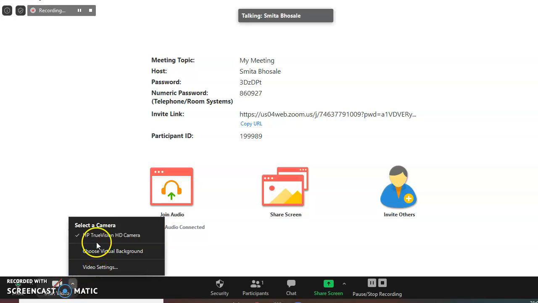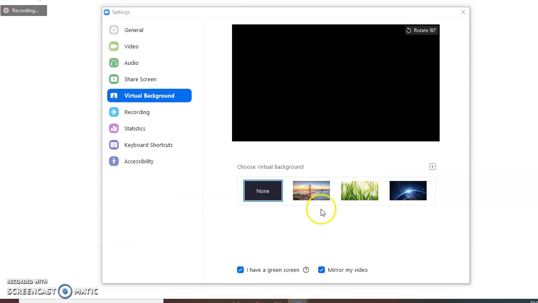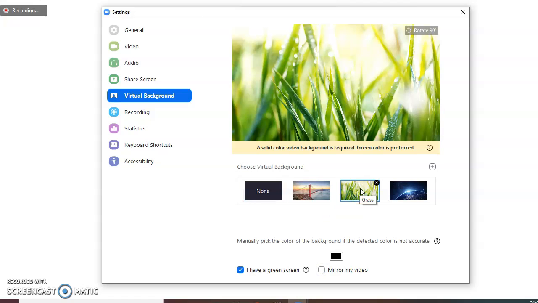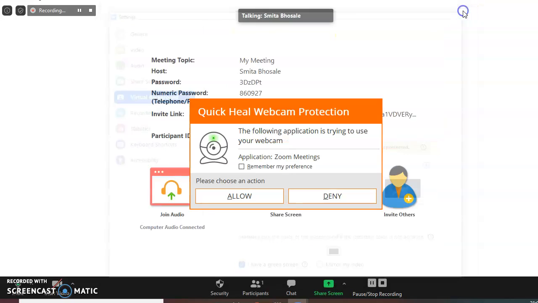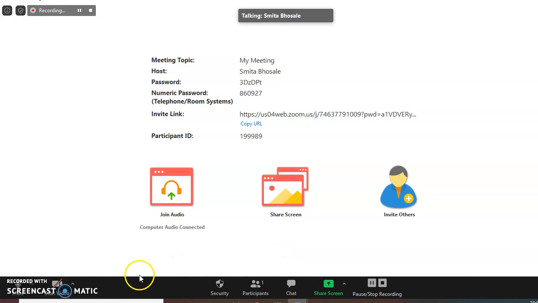Here you can select the camera, and you can also select the virtual background. So this is the virtual background you can select. So this is how you can start with the meeting.